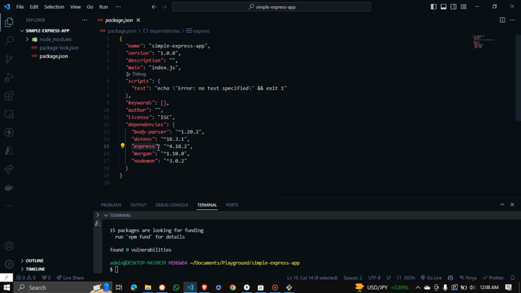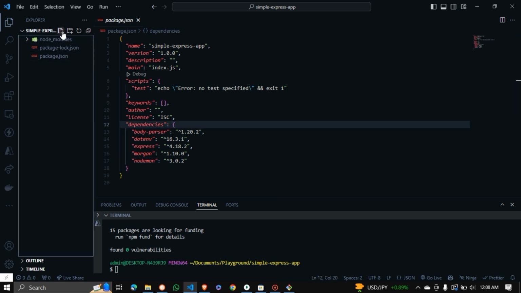Express is the framework because we are building an Express app. Morgan will log our requests on the console. Nodemon will watch our code for any changes and reset the server. What we want to do next is to create an empty file, name it